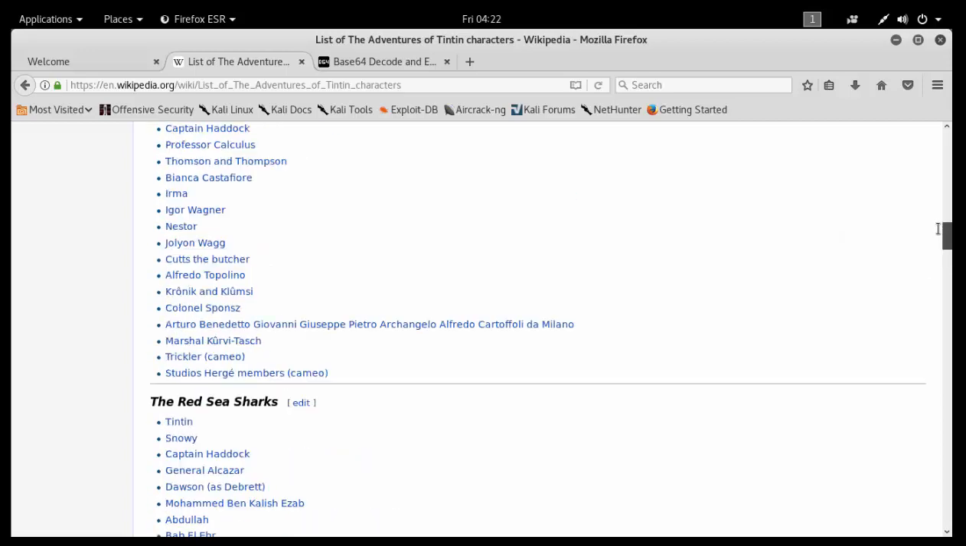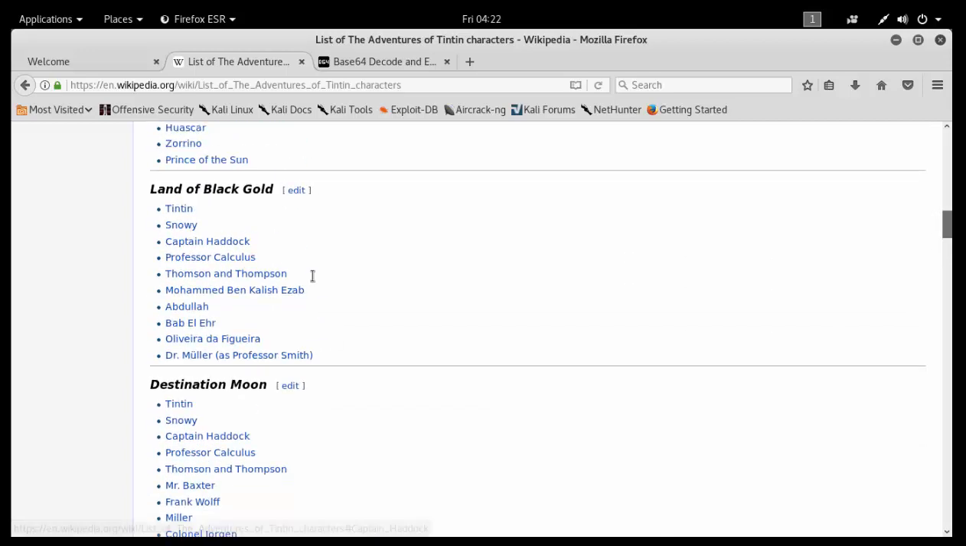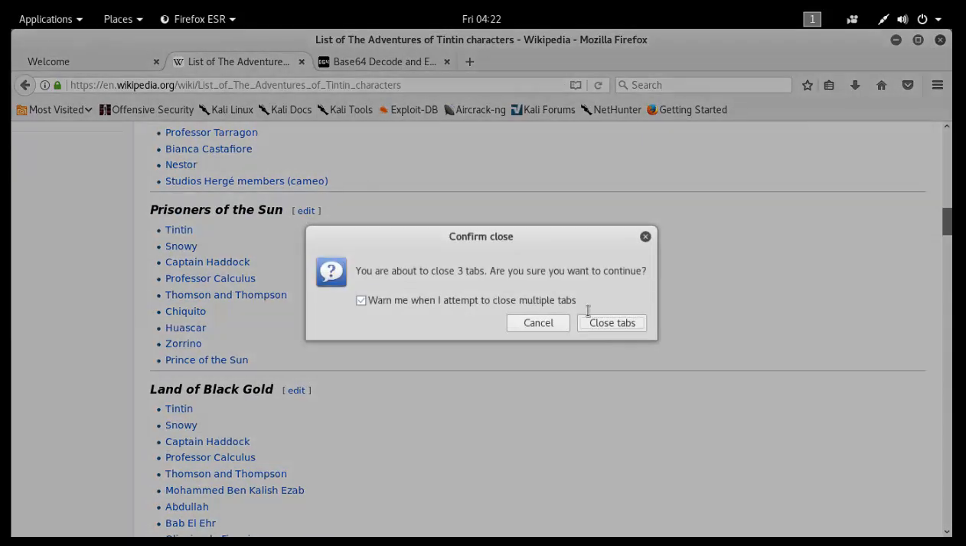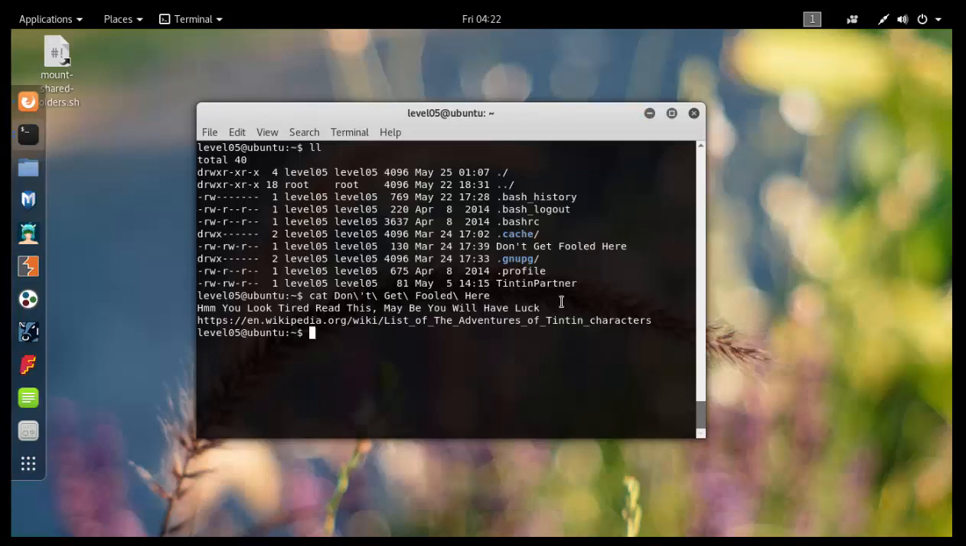Okay. So I'm just closing it for now. Let's check the file, and this is the Tinting partner file. So it's an easy hint actually. There's no need to go through this thing. This is GPG encrypted data, so you can use